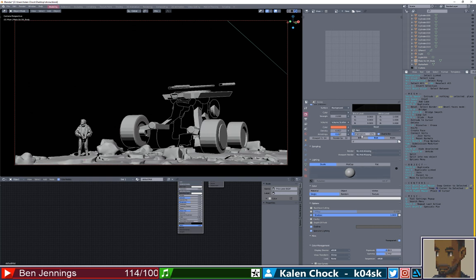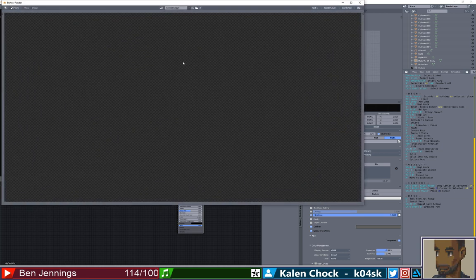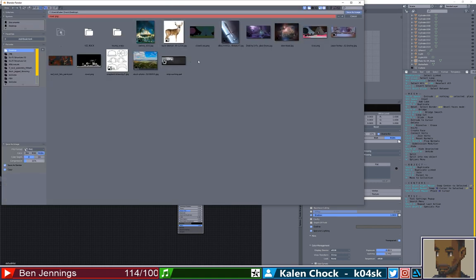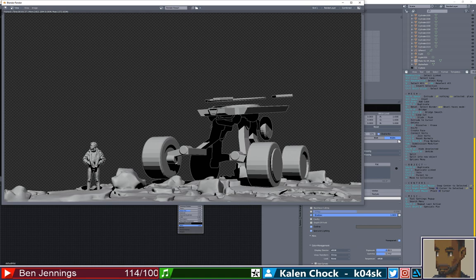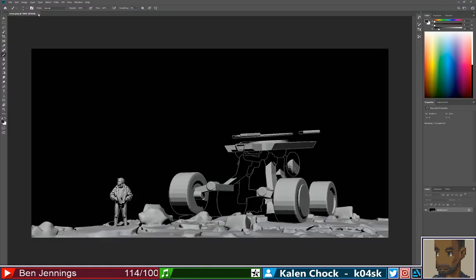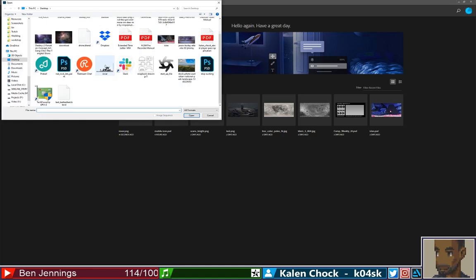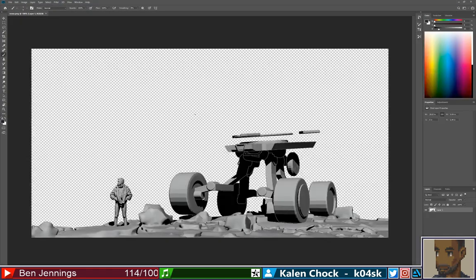Yeah, PNG, no compression. Oh, RGBA, I think that's what it was. Save as. Alright, save images. Okay, cool. Let's see if we can open it up again. Maybe that's what solves it. I think it was. Yep, there you go.